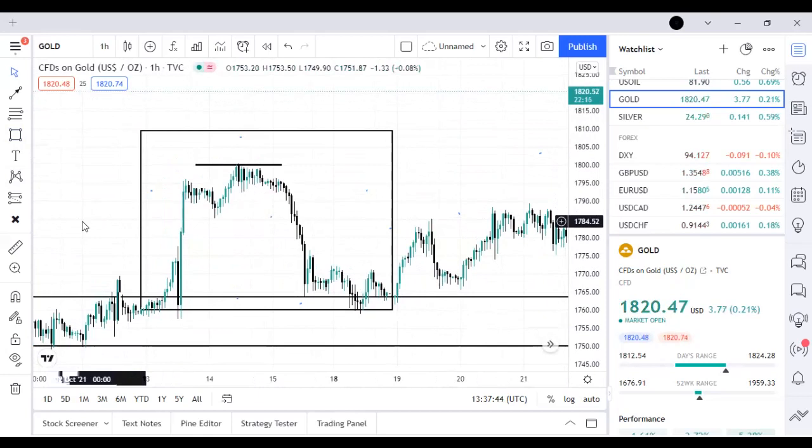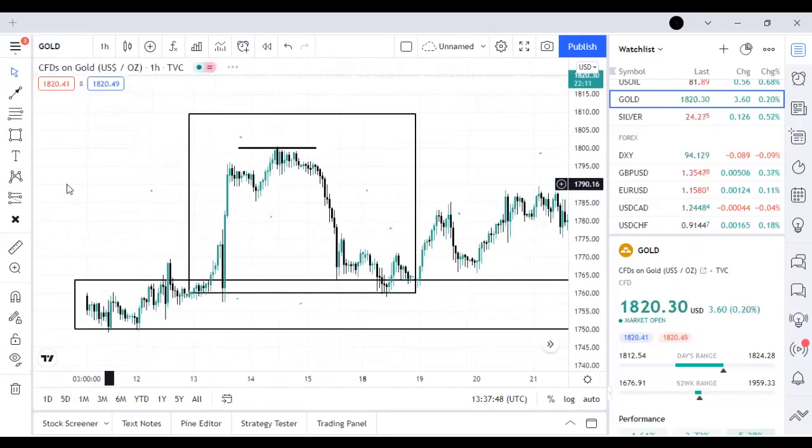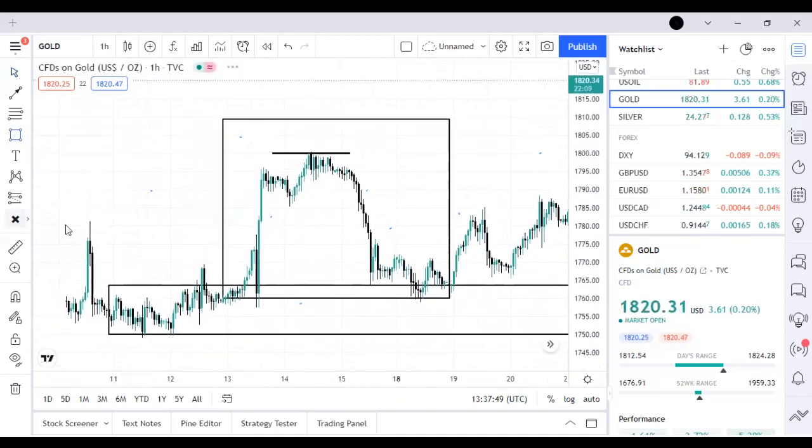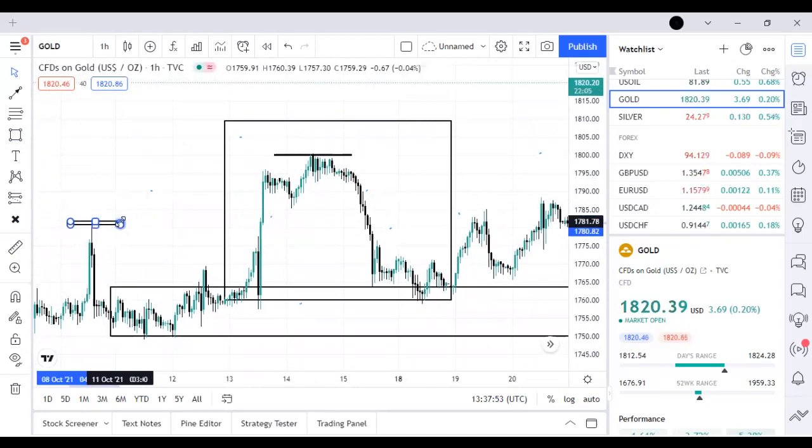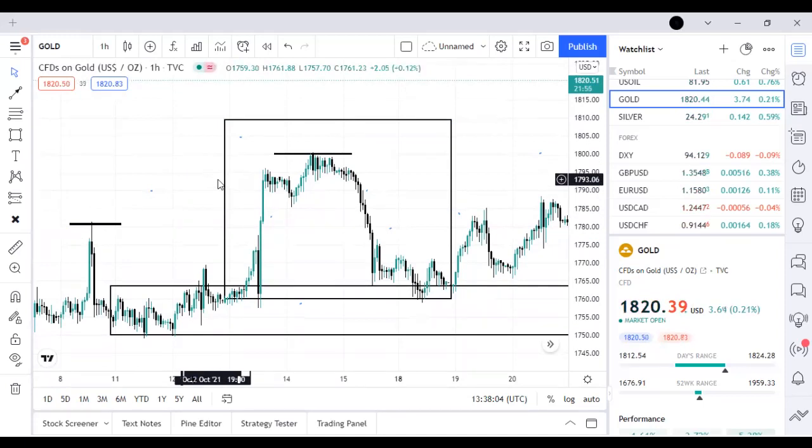On the higher time frame perspective, we are not in a sell market. We are actually in a buy market. So the higher time frame perspective is what you need to always place in mind, right? Because we have seen that from the daily, we have broken structure. From the daily, structure has been taken out for the continuation of the buy side, right? So this particular trade you see right here was just a retracement,